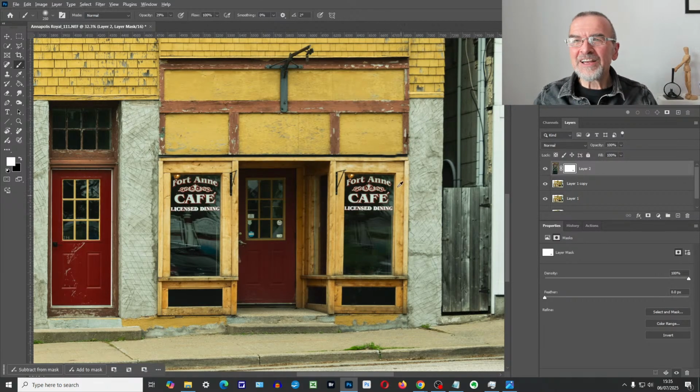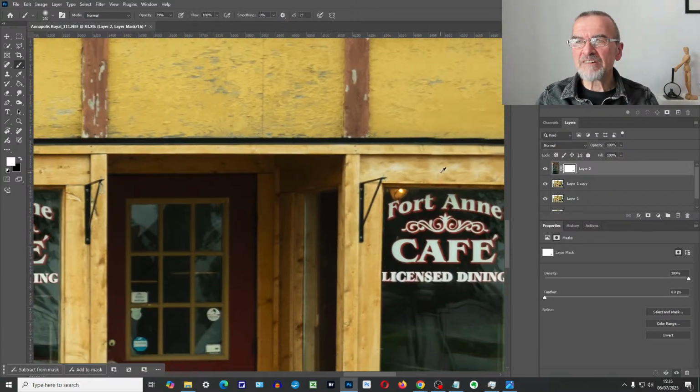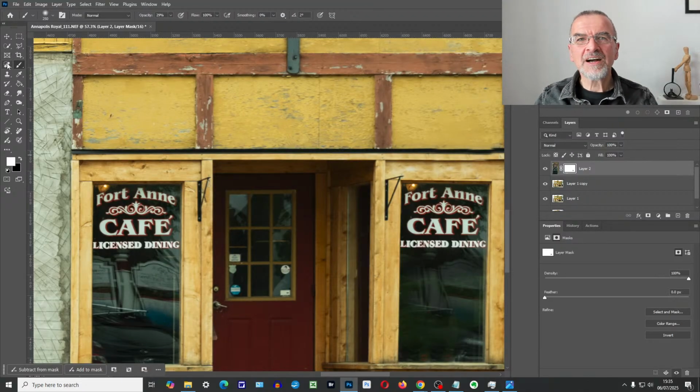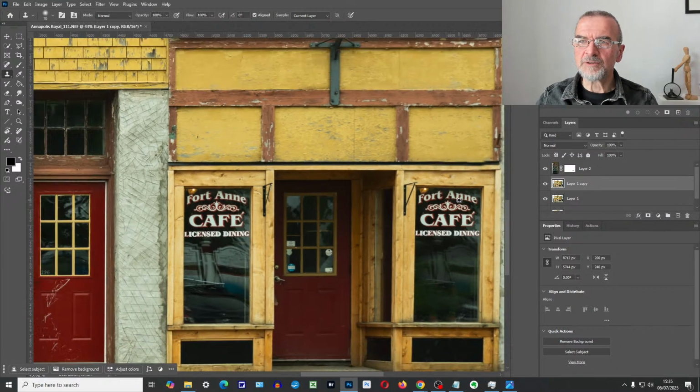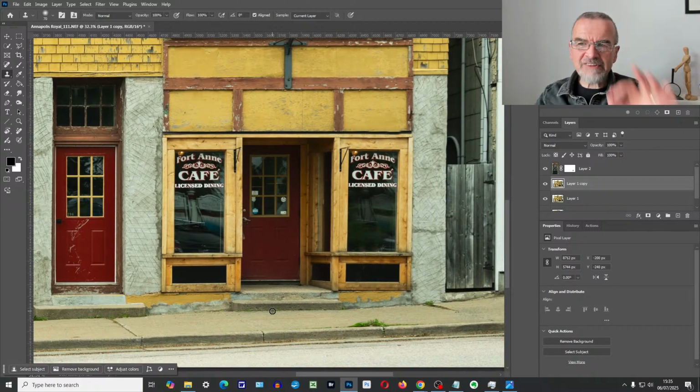And similarly up here, where I wasn't maybe quite so tidy, I could just as easily clone a bit of this woodwork and paint it in, oh sorry, I would have to do it on that one, and just paint in little bits over here, and touch up. So you can just grab little bits, and now at this point, I don't think anybody would look at that photo and think, you know what, that looks like it's been